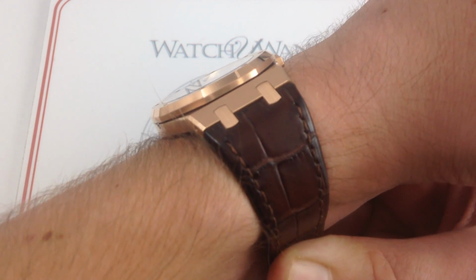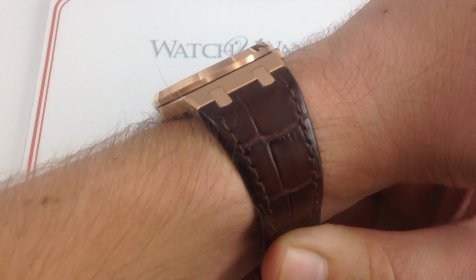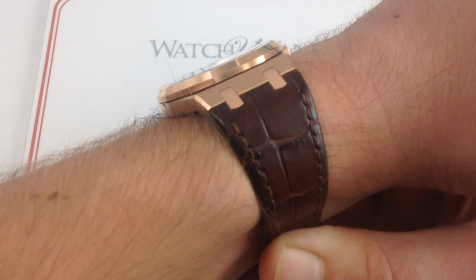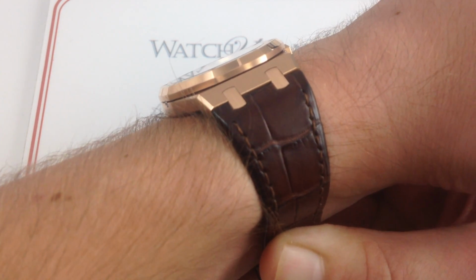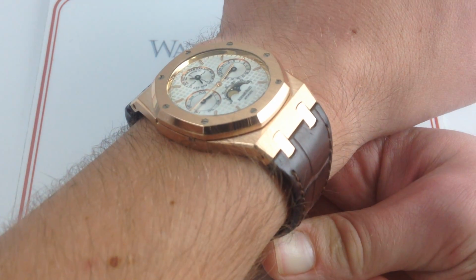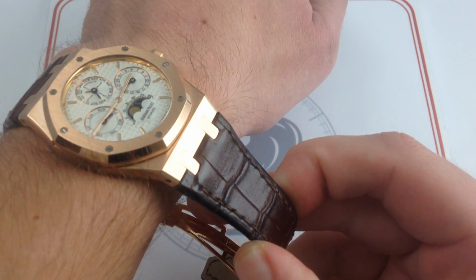It sits exceptionally low, and as you can see, the traditionally octagonal Royal Oak bezel does have a little bit of polished tumble home at its upper lip, so a dress cuff, a tight sleeve will flow up and over this with ease. Now similarly, from an ergonomic standpoint, the interaction between the strap and the lugs is visually tapered, nicely integrated,